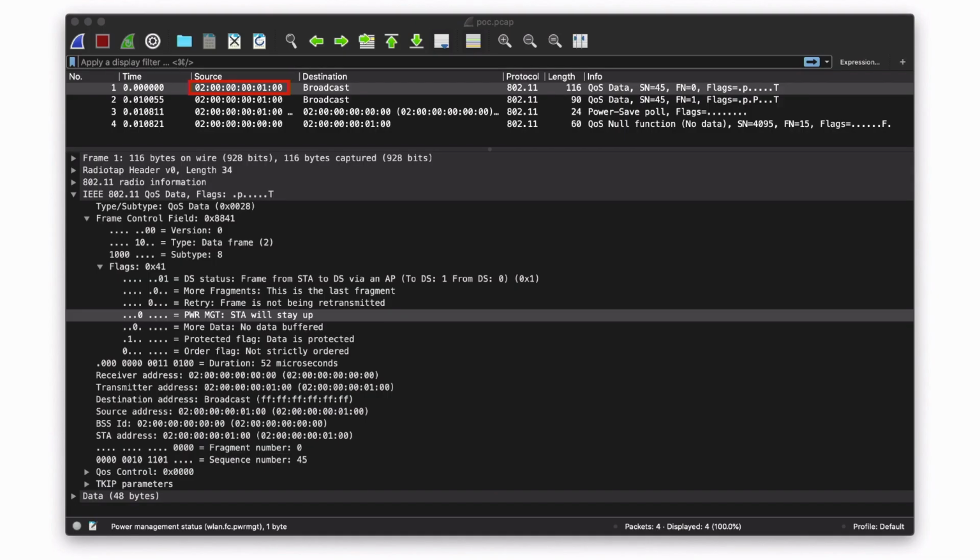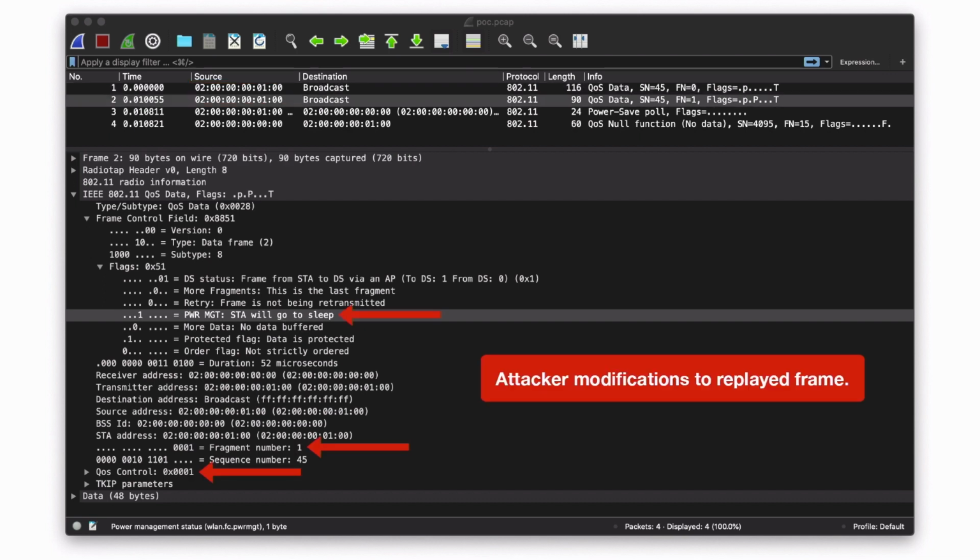Since the demonstration is unlikely to work live like this, I luckily added some slides into this presentation of a Wireshark trace. Here we see one execution of what I just explained. This first frame is the legitimate frame from the client. It's just sent and received by the access point. Next, we modify this frame. We had to make 3 modifications: change the header flag to have it enter power save mode, then change the fragmentation number, and change the quality of service channel.